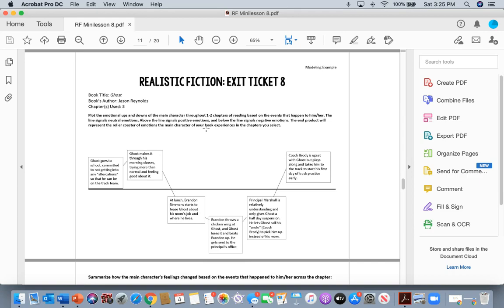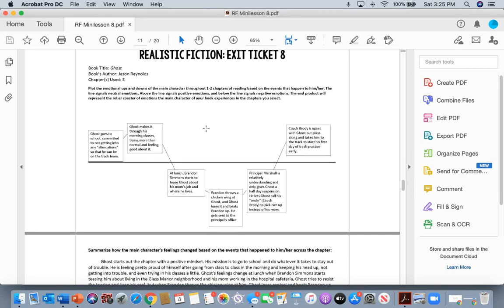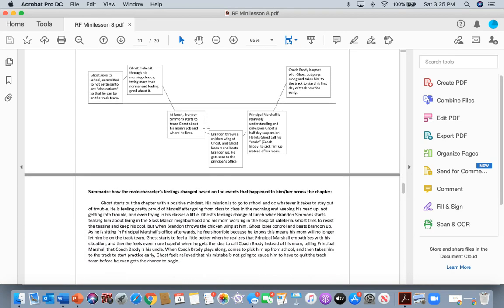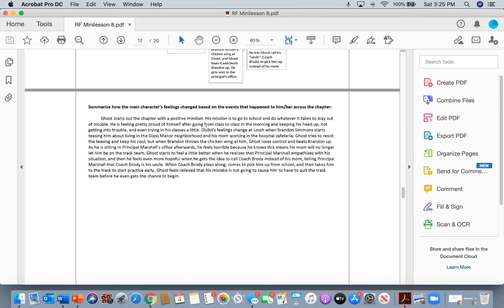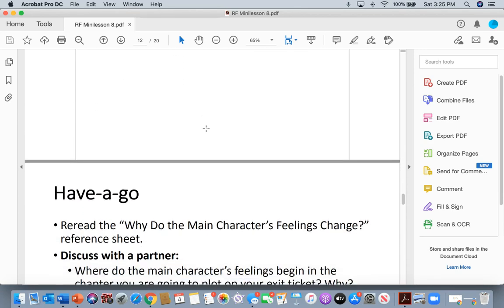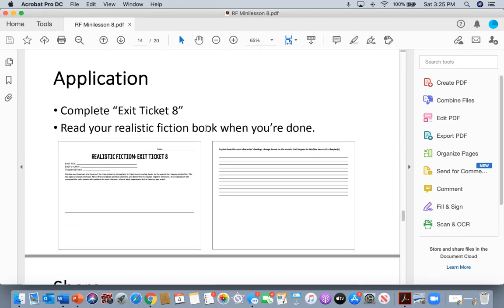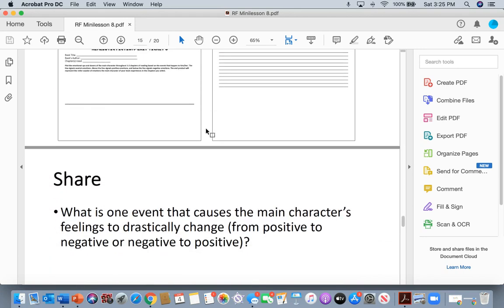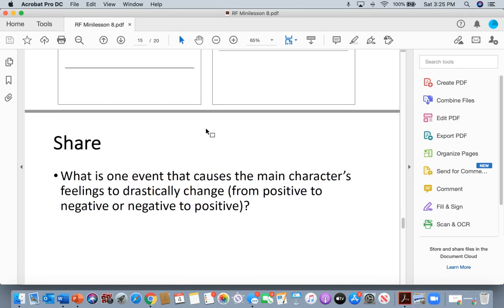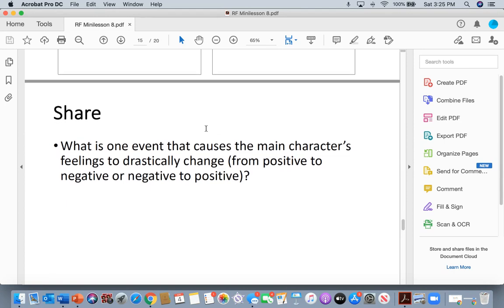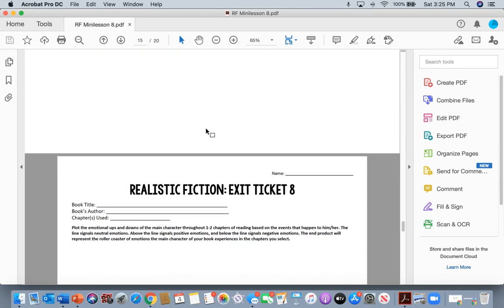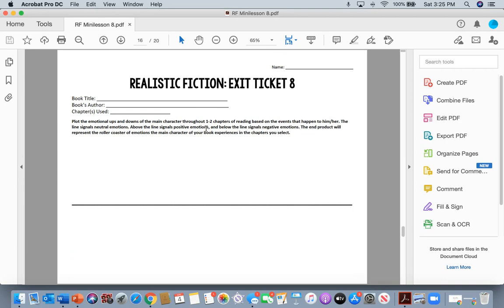And once again, I used a variety of books to show that. So this is just an example of one of the exit tickets that I completed for the book Ghost by Jason Reynolds, that have a go slide. And then the application. So just reminding students, now it's your turn to complete the exit ticket. Students read their realistic fiction book after the completion of their exit ticket and come back at the end to share. Every mini lesson comes with an exit ticket,